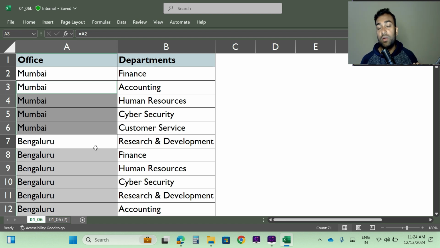If you do it manually, it will take a lot of time, but instead of that you can use this function. Not a formula, it's a function. So you can use that, go to the Special option, and there you can do this within a few minutes. If you have a million or billion rows of data, you can do it within a few minutes instead of manually